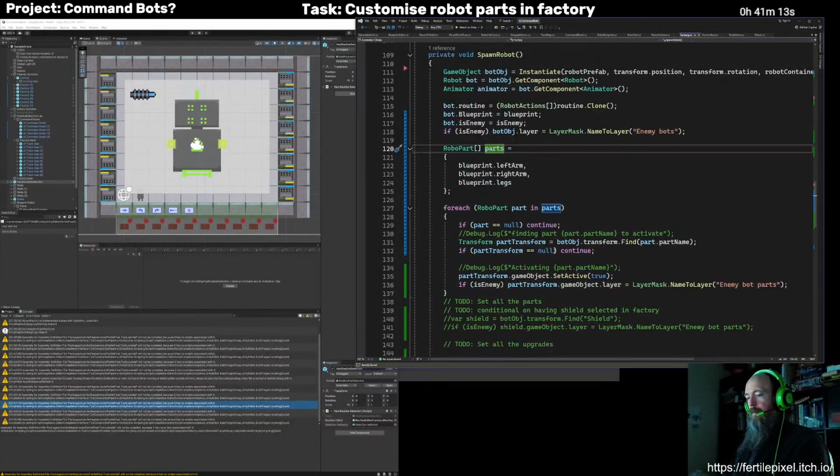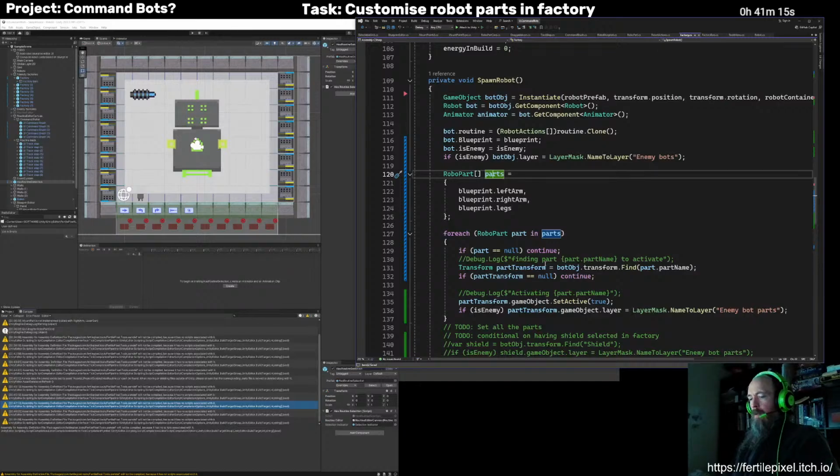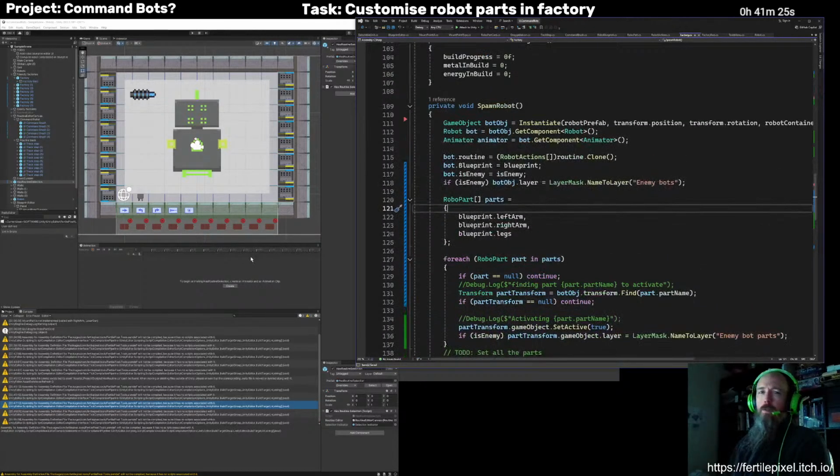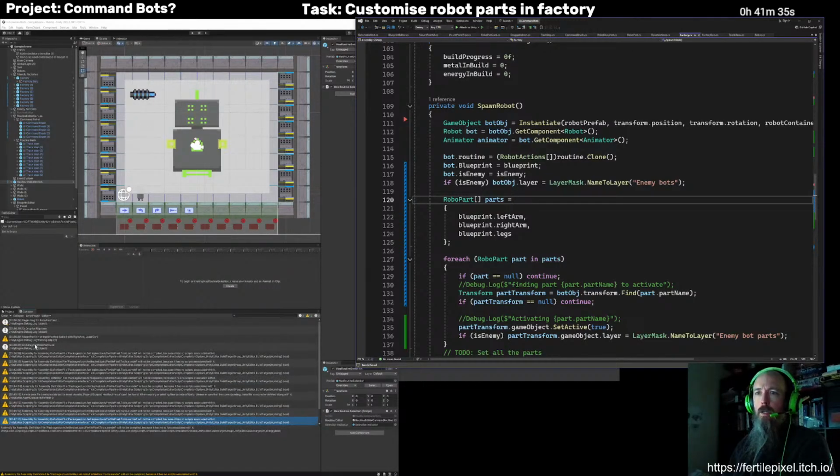Cool. Yeah, so that's setting that blueprint. So we'll still have the right blueprint if we want to look at it. So that's fine. Right, what's next? Those messages are going to get annoying.